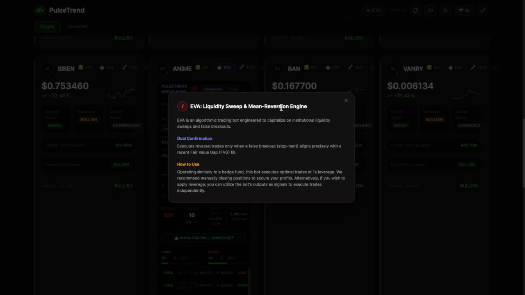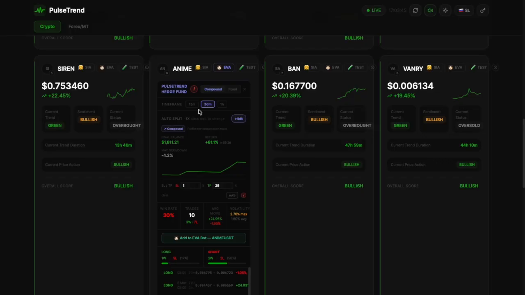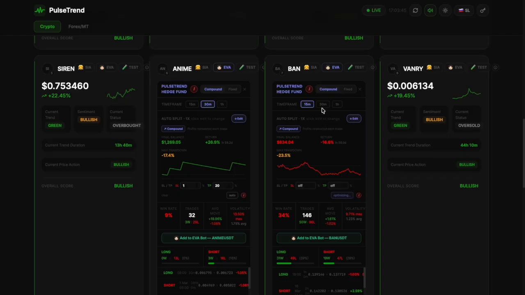It's a liquidity sweep and mean reversion engine. It trades only when a false breakout aligns precisely with the recent fair value gap, and it works best on 1x, but it's best if you just take profits manually or on your own, because we all know how those take profits usually work out. But this just gives you the basic rundown, and just fill around with the settings, because it has its own style of taking profits, but it's not always optimal, especially when you're trading these shitcoins. But if you look at the basic statistics behind the volatility,